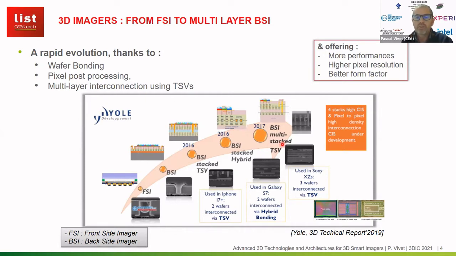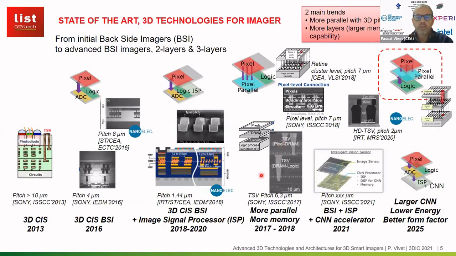But we have more things to come, and here is again the same thing where we can see more details with a pitch reduction. So we had the first 3D backside images introduced in 2016 with some very aggressive pitch at that time already. So Sony introduced in 2016 a 4 micrometer pitch between the two wafers of the pixel and the imager. At that time, ST and ourselves in CA we were able to achieve an 8 micrometer pitch. And at that time, we were co-integrating the pixel array with the ADC on the bottom, with the logic on the side, as we can see